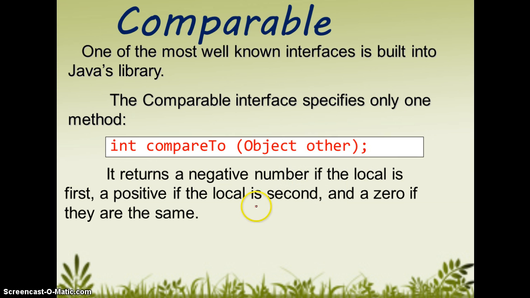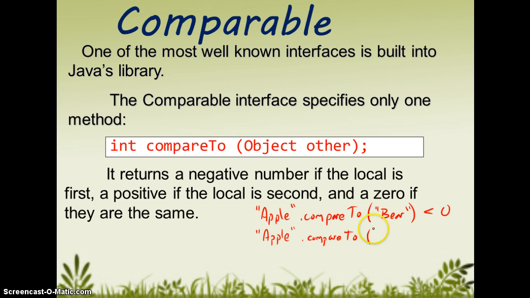So what do I mean by rank? I mean that if you were to do "apple" dot compareTo "pear", and because apple's in those double quotes, I can explicitly call it, apple comes first alphabetically ahead of pear, so this is going to return a negative number. A negative number means that the first thing comes before the second thing. If I were to do "apple" dot compareTo "abc",